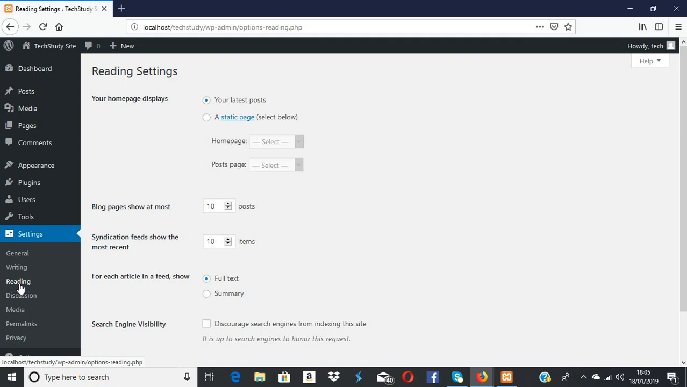So you can set the number of posts to be displayed on the main page. If you want whatever number of posts you want to be displayed on the main page, you can set it here. And now here, you have a home page display. If it's a blog website,